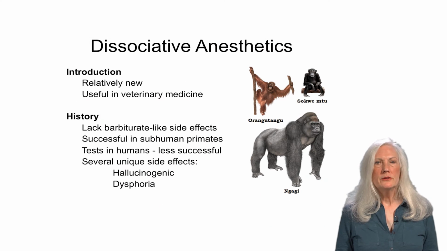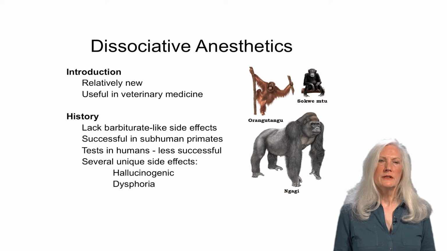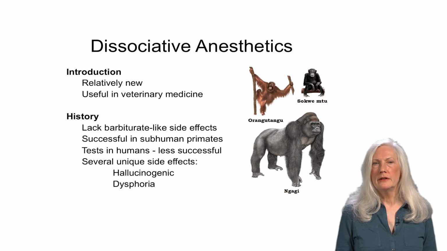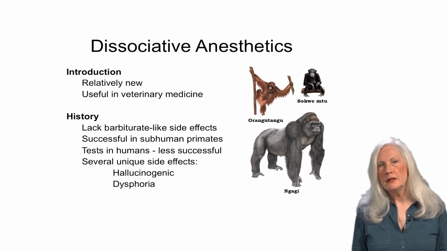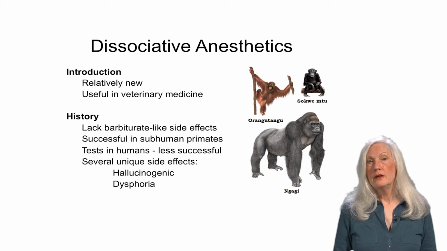This portion of our series will describe the use of dissociative anesthetics. These compounds are not widely used in human anesthesiology, only in pediatric medicine, but they are important in veterinary medicine. When they were initially discovered, they were found to be very effective anesthetics in subhuman primates, as shown here. In humans, they were less successful, primarily because of their tendency to produce hallucinations and dysphoria, that is, the opposite